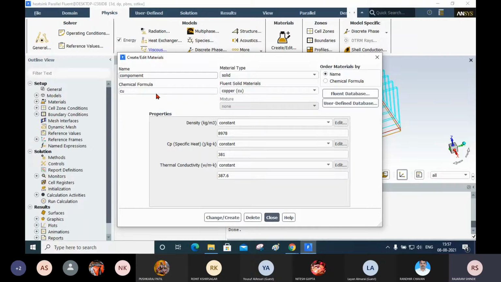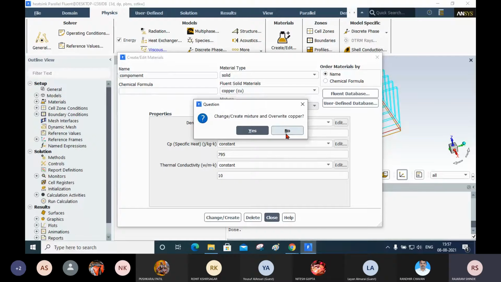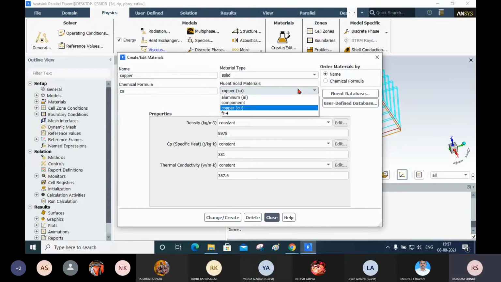Now I will remove the chemical formula and define the properties. Suppose density 1900, specific heat 795, and thermal conductivity suppose 10. Again I will click on create edit, and again I will press the no button. Now you can see here we have these four materials.